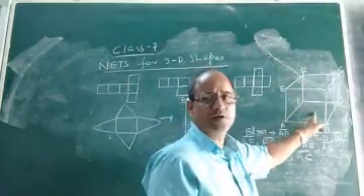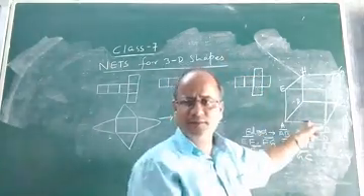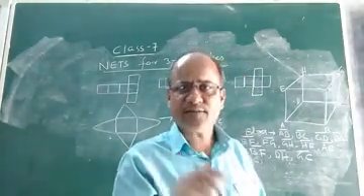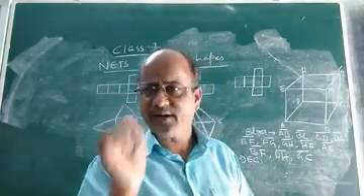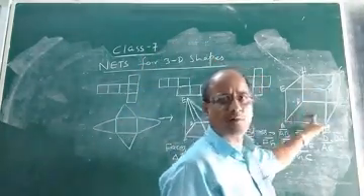See, here I have drawn it. Suppose this is a cardboard in the shape of a cube. As I discussed in the previous class, a cube is what? It is a three-dimensional solid having 6 faces. Each face is a square. It has 12 edges and 8 vertices. See, this is a cube. Suppose it is a cardboard in the form of a cube.